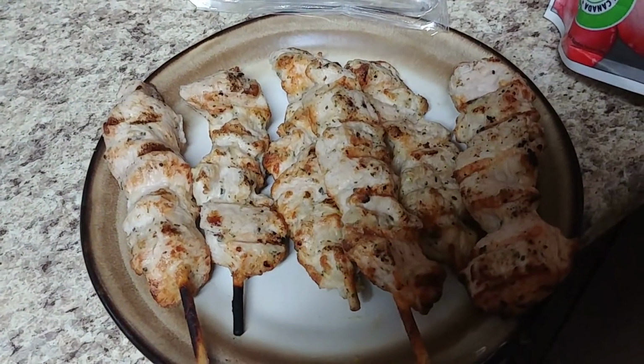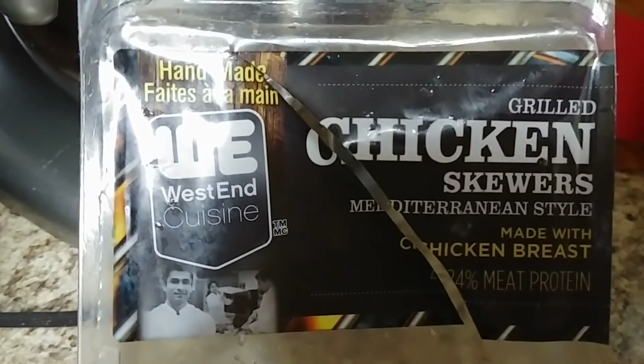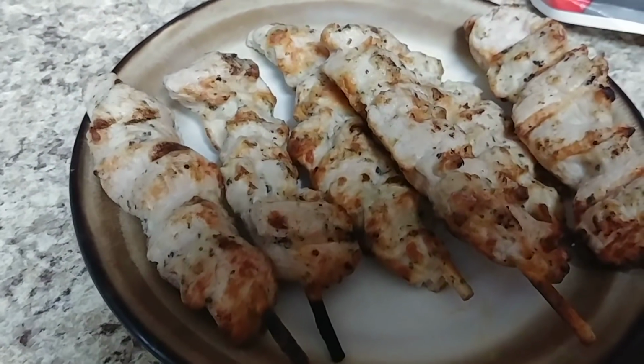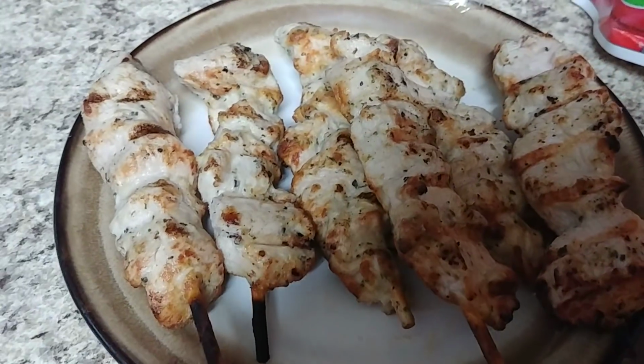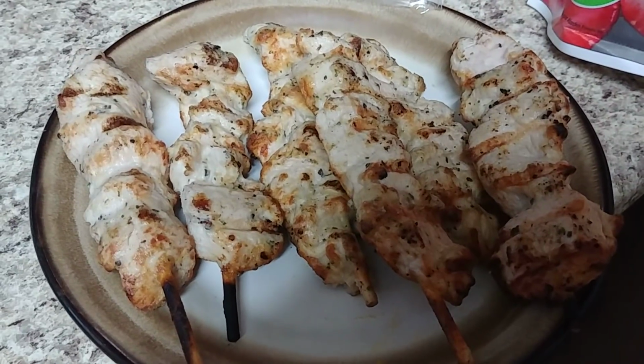So let me start and show you some of the things that I bought. I've got this ready because we're going to have these on the barbecue. I'm going to make a nice stir fry, and it's the chicken. You get 2 packages of grilled chicken skewers from Costco, and they're super delicious, and they already have seasoning on them. So you don't need to add anything. Put them on the barbecue, and you can add them to